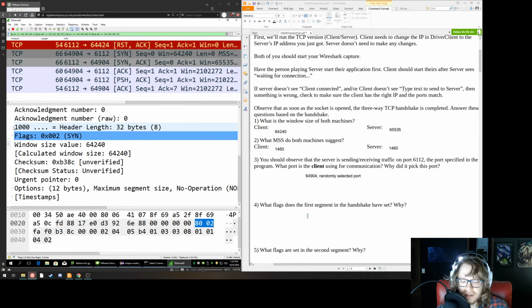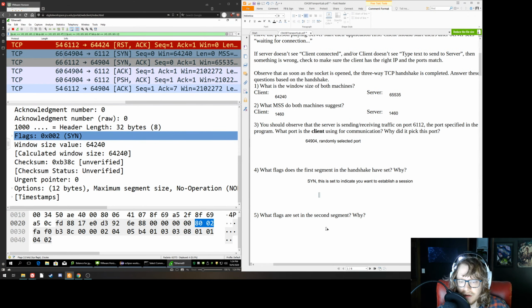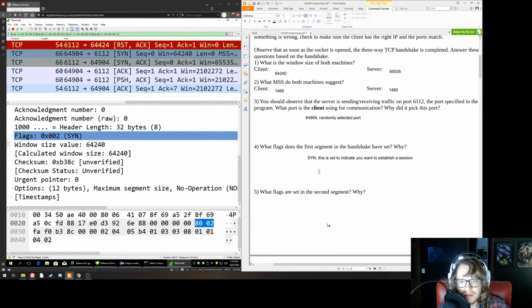Somebody said SYN and ACK. No. And then they corrected themselves to just SYN, and yes, they are correct. The very first segment in the handshake is just a SYN, right? This is set to indicate you want to establish a session. So you set the SYN flag on your first packet to indicate that you are interested in starting the handshake